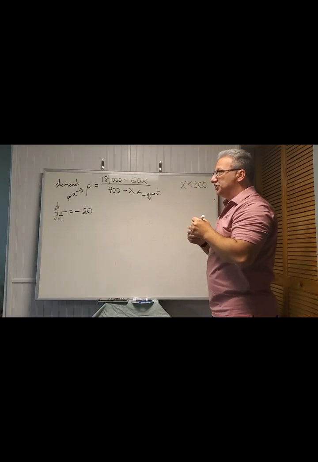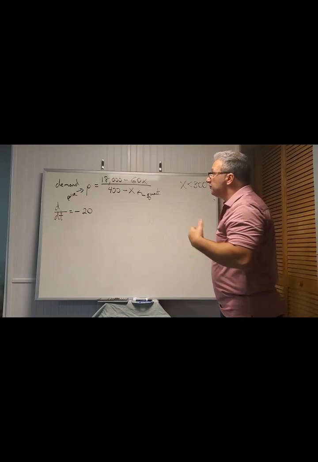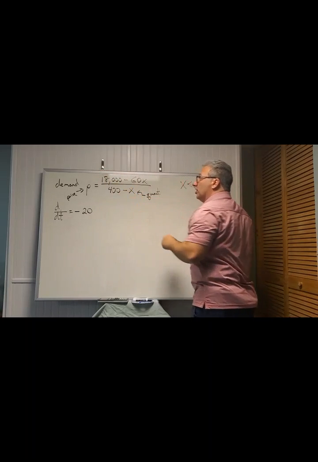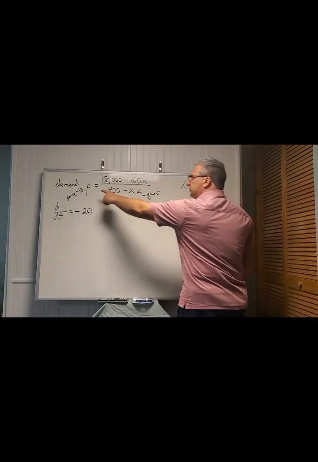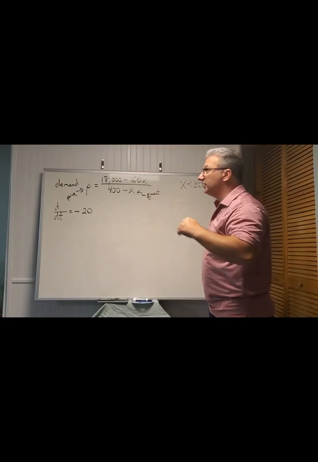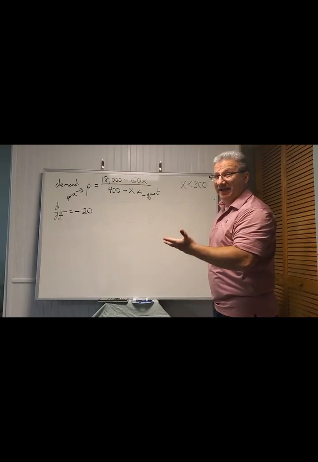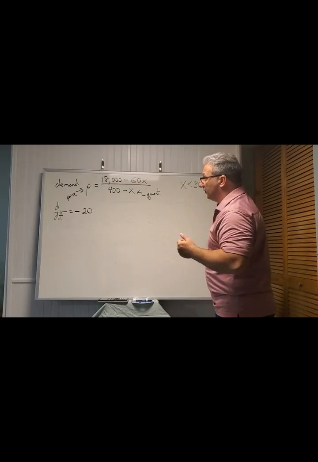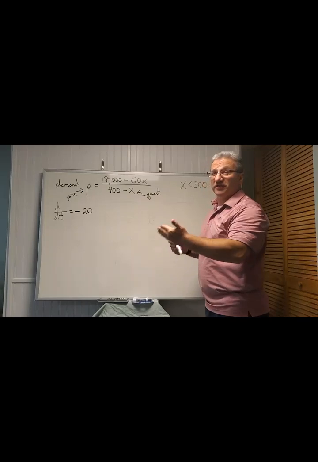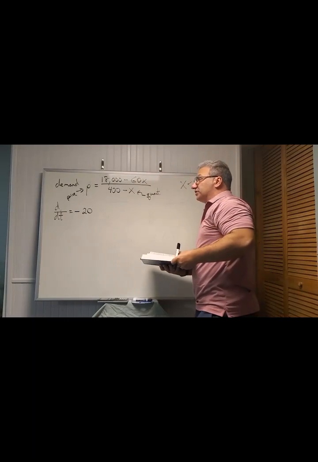Let's think about that just for a moment, okay? That often throws people off: whoa, why is that true? Well, if x was actually 300, the numerator would be 0. And nobody's going to set the price point at 0 in their company. Not many people are going to give away their product for free. So the number of units we want demanded is going to be less than 300. For example, if we want 200, we can plug in 200 and set the price point for whatever that is. All right, so now that we have a better handle on the price function,